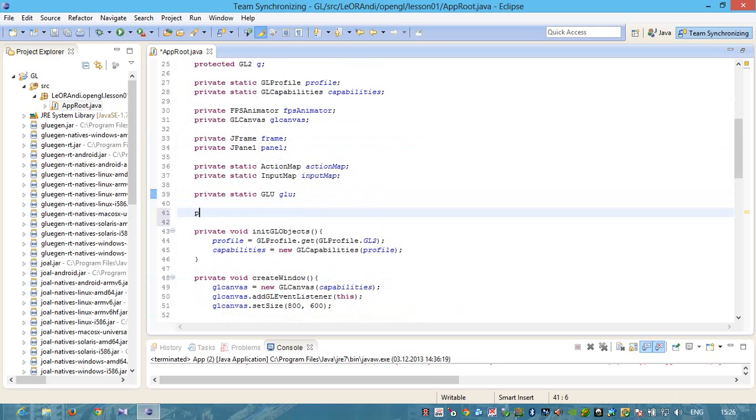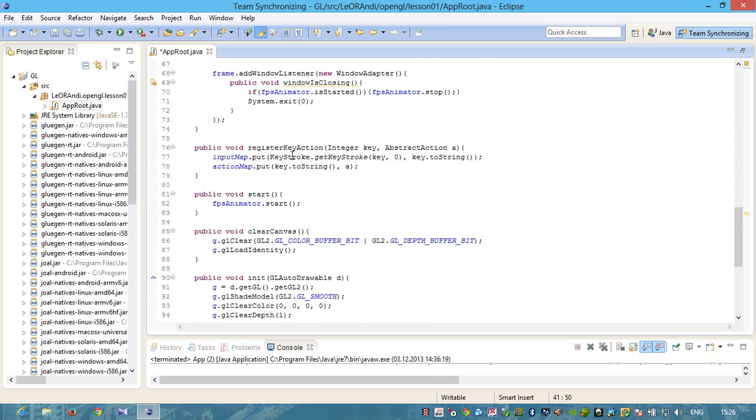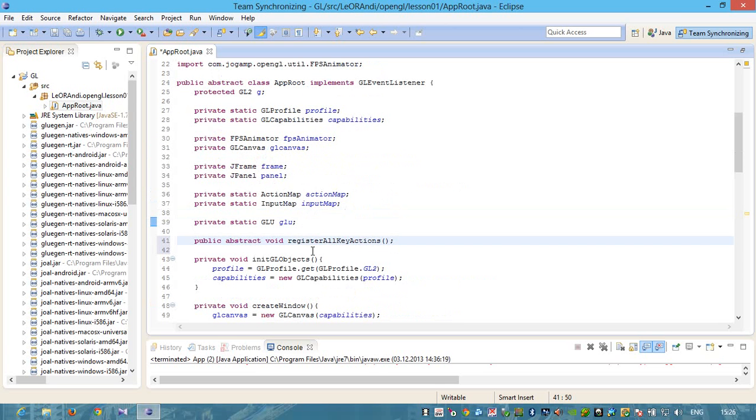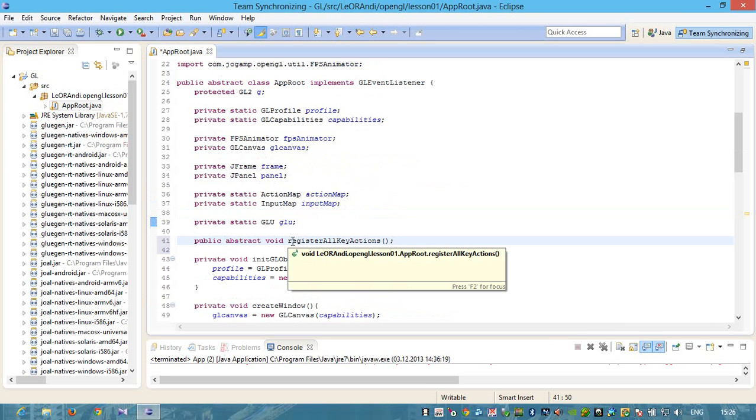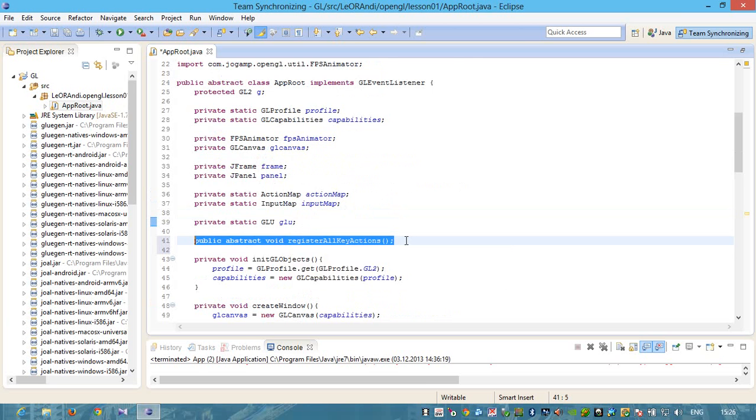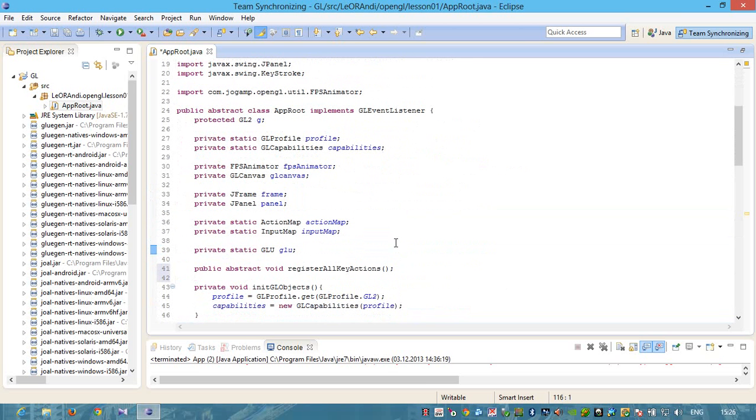So one of them will be public abstract void registerAllKeyActions. You know that we have method register key action, and now we created another abstract method and named it register all key actions. So another abstract method will be,